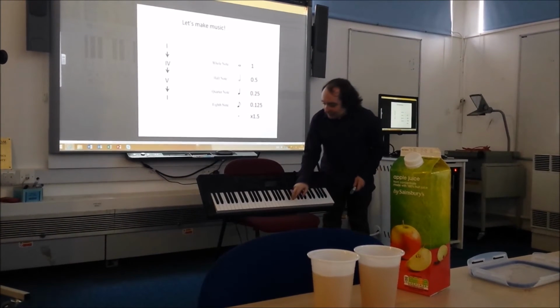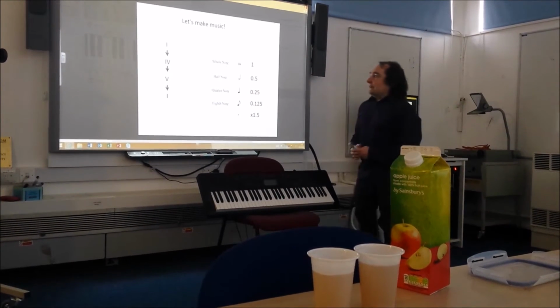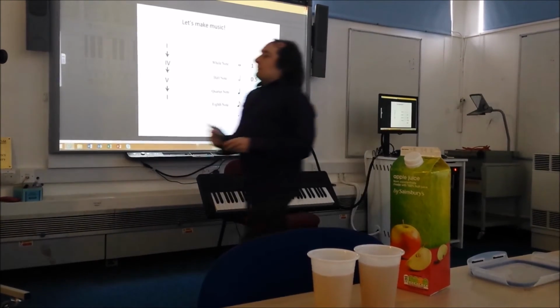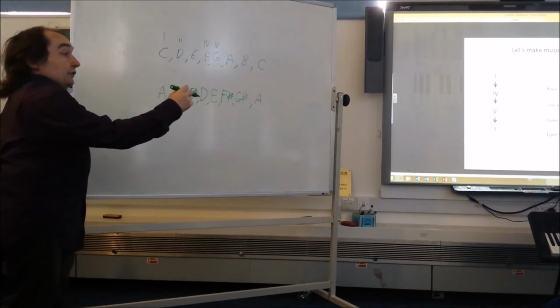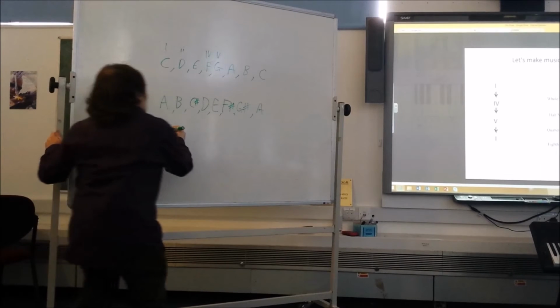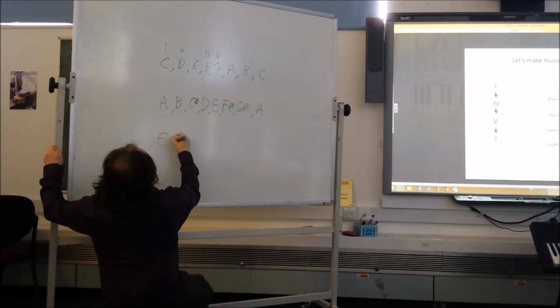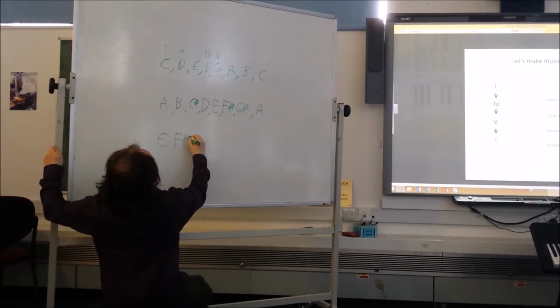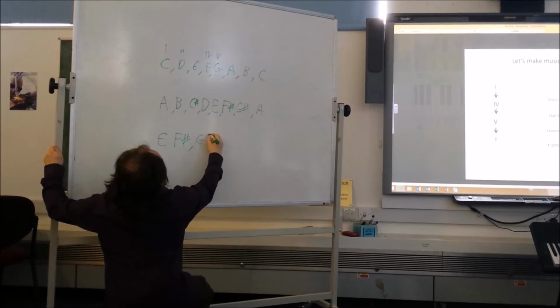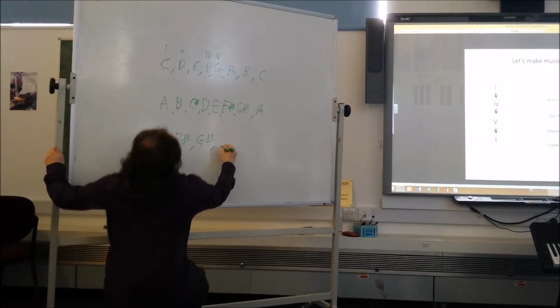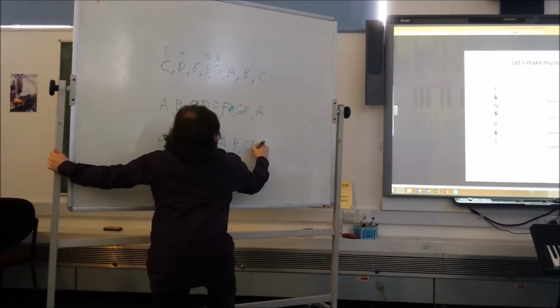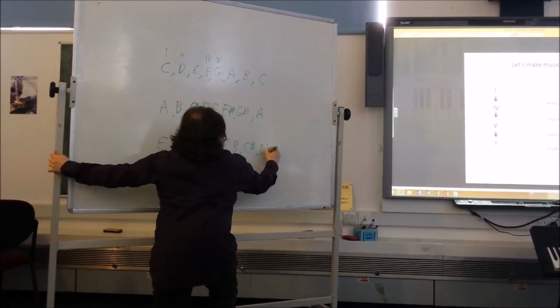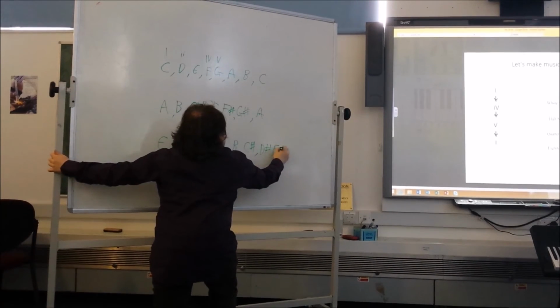E. Can I have it in the key of E? Okay. So, using the relationship we found earlier, we can make the major scale from that. We could do it with fractions, or we could just do it from memory. So the notes in our scale would be E, F sharp, G sharp, A, B, C sharp, D sharp, and back to E again.